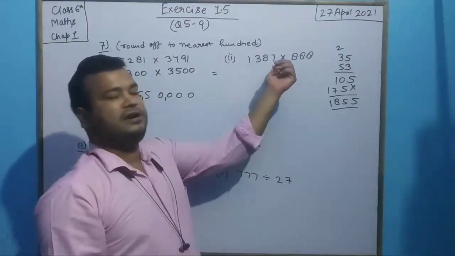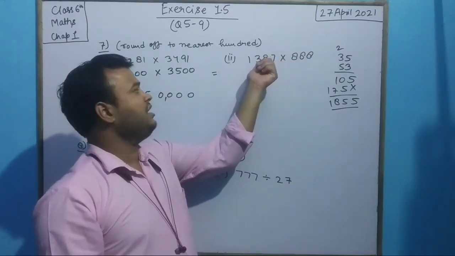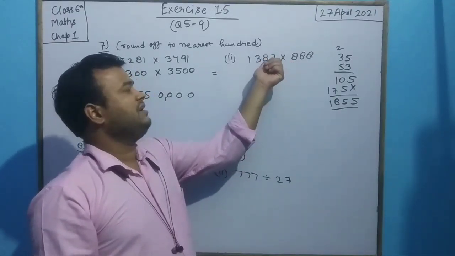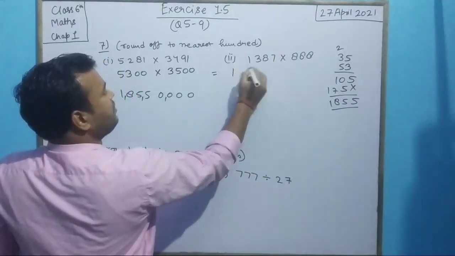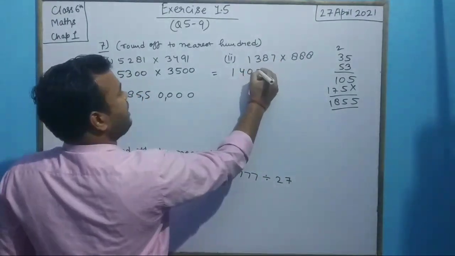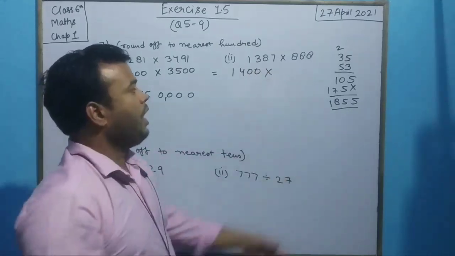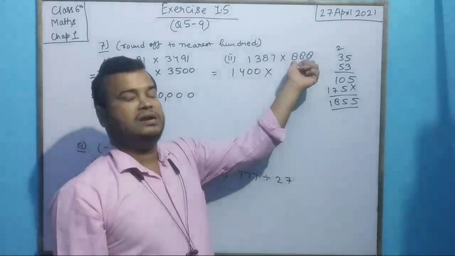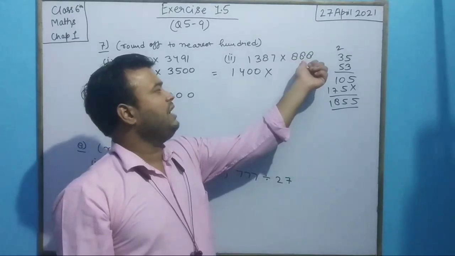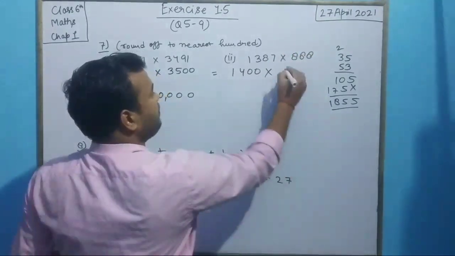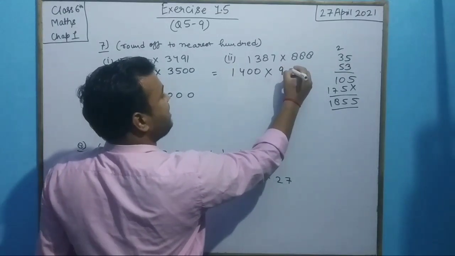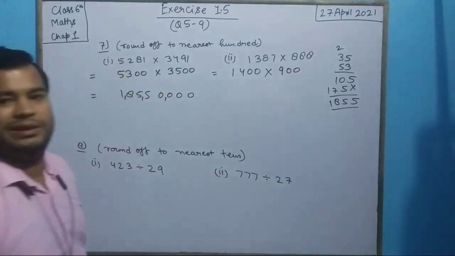Okay, now let us see. We have to take the hundreds place. This is 3, it is the hundreds place. Now look, the digit at the tens place is 8, greater than 5. So we will increase 3 to 4 and the rest are zeros. Now again we have to round off to the hundreds place, that is 8. Let us see the tens place digit. It is 8, greater than 5. So 8 will be increased to 9 and 2 zeros are there.